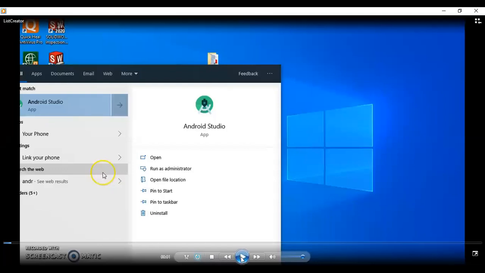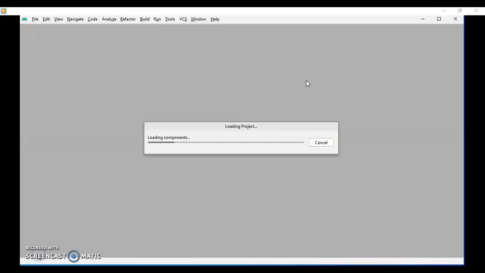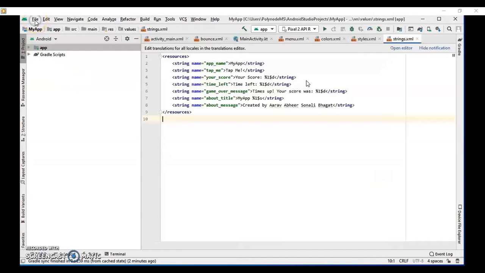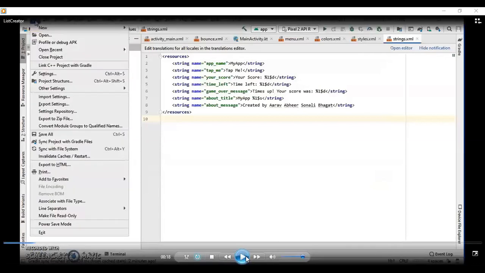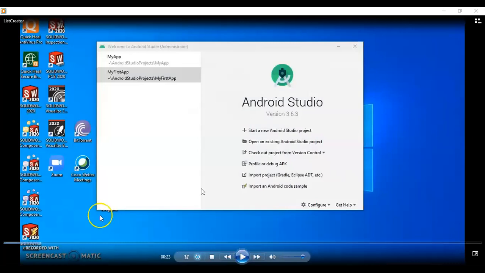Again, we'll be opening our Android Studio with administrative privileges. Once it opens, your components, modules, workspace, and files will get configured and opened. If there is any earlier project open, you have to close that project as we want to start a new project. Once you close this project, the screen will appear where you can select different options, but we want to start a new project.